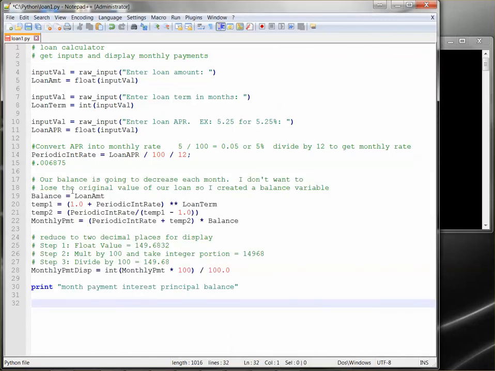Okay, the next thing we're going to do is some basic calculations to determine our monthly payment. Now the first thing we do is we assign loan amount to the variable balance. Now, the reason I do that is our balance decreases every month. So this balance number is going to keep changing with every month that we calculate. And I don't want to use the loan amount number to do that, even though in this particular application we don't use loan amount,